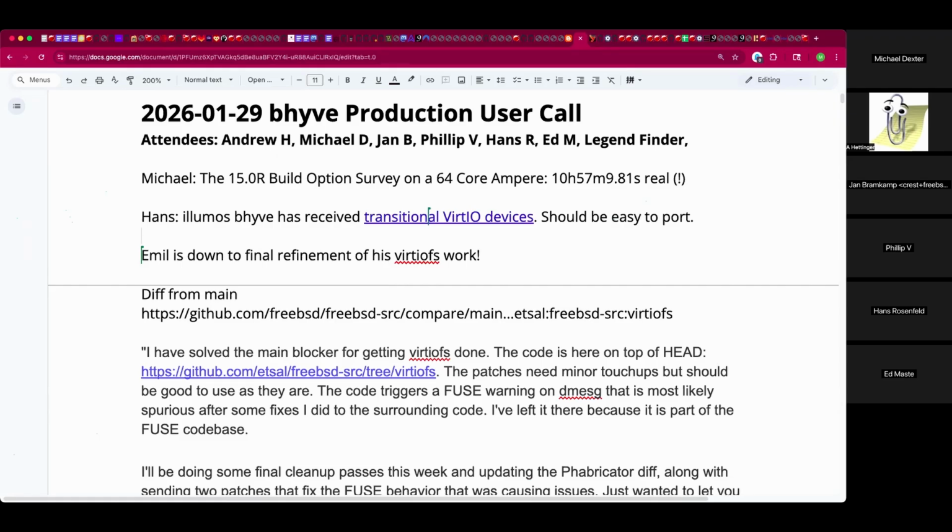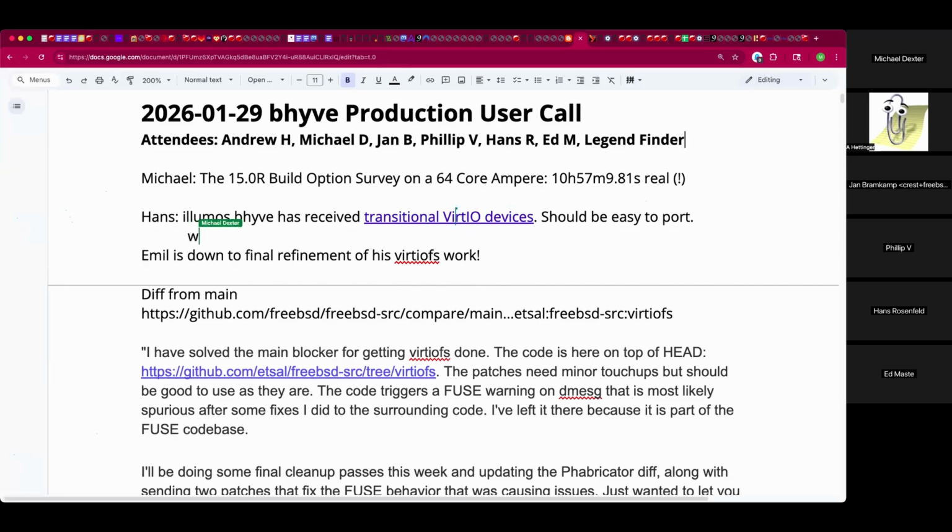Any other news to report from your development circles? Well, I'm working on the CPU ID stuff. Excellent. And thank you, Foundation, for helping out with that. And I'm also still working on VirtIO SCSI, getting the reviews done on the illumos side. Mm-hmm. And of course, it would be nice if someone wanted to review it on the FreeBSD side. So ideally, it goes back into both systems at the same time. Yes, sir. And those reviews, I believe, are in the doc from about 2 weeks ago.